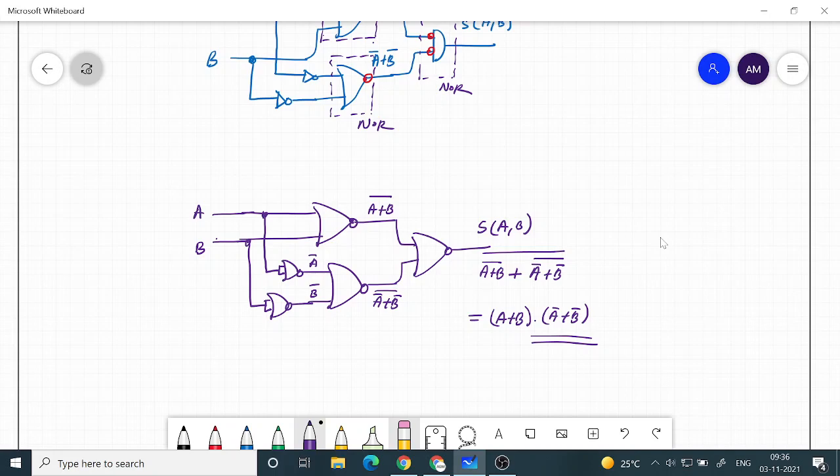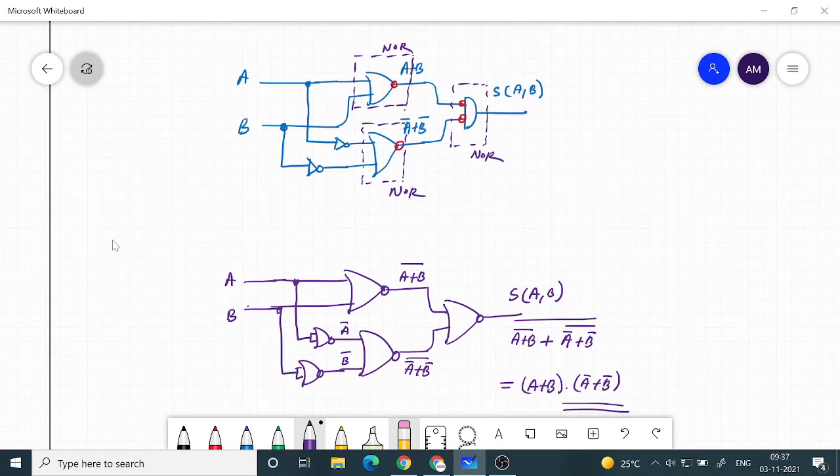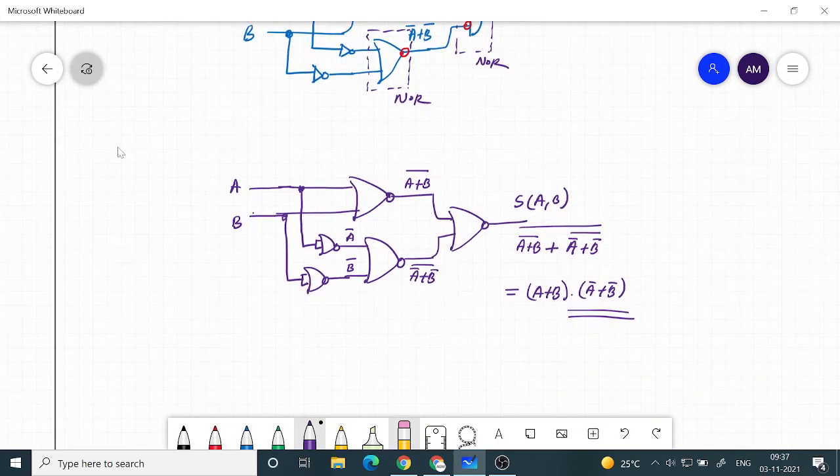If you want the minimum number of universal gates, you have to follow this strategy. If it is NOR gate, you use POS form. If it is NAND gate, you use SOP form. So this way you can implement any function. I just showed you XOR operation, but any complicated function you can do.